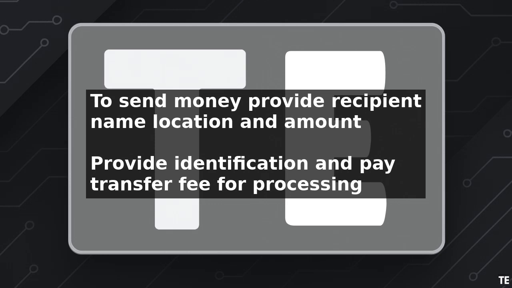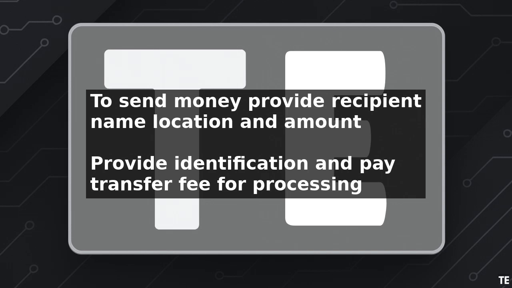Once you have provided the necessary information, the Western Union agent will give you a receipt with a tracking number, also known as a Money Transfer Control Number or MTCN. This number is used to track the status of the transfer and is required for the recipient to pick up